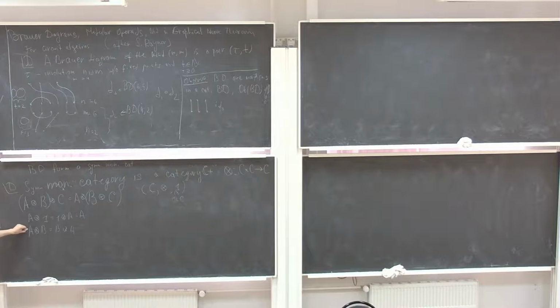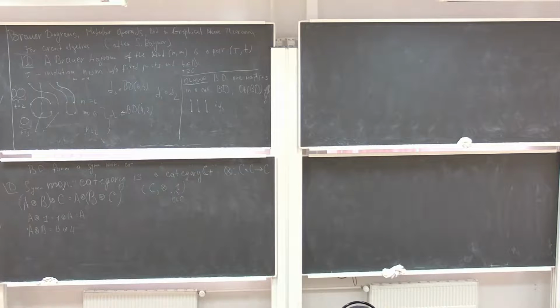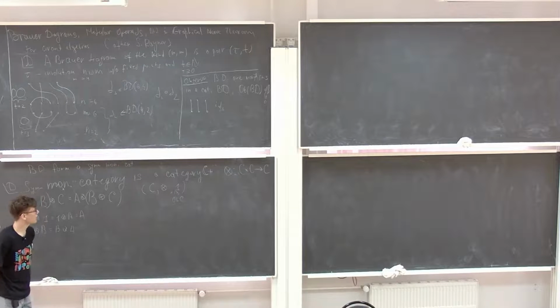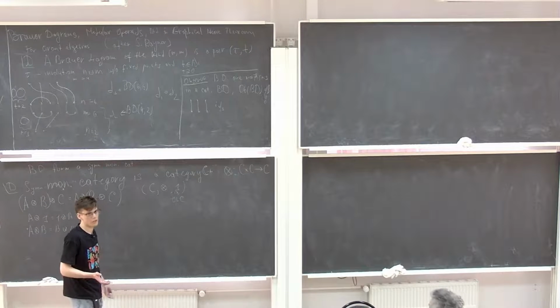If we forget this condition, then the category is called just a monoidal category. Well, usually when we talk about, for example, what are the examples of symmetric monoidal categories? Well, the simplest one is maybe the category of vector